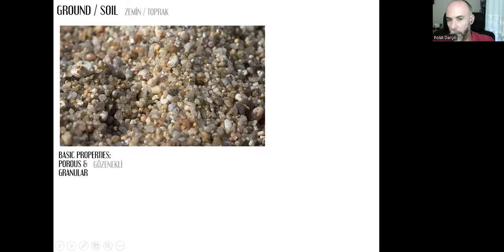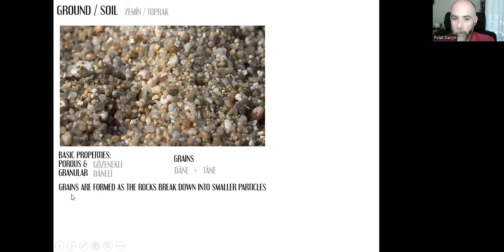Porous means gözenekli. There are lots of gaps in between these particles, and they are called grains. Grains, tane or dane in Turkish. Tane, they are the same word, but in the engineering terminology, they are calling it dane, the same thing. Grains are formed as the rocks break down into smaller particles due to either natural causes